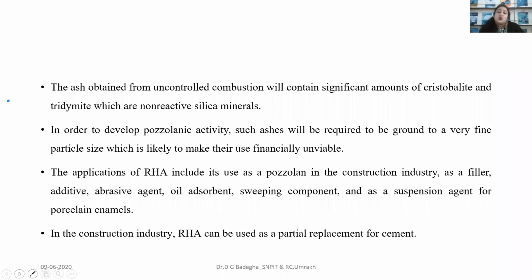Okay, so the application of rice husk ash we will discuss. It includes use as a pozzolanic material. We know that pozzolana is used in the construction industry, so definitely with concrete and cement, as a supplementary cementitious material we can use rice husk ash because of its good properties. Okay, but there is one piece of advice: use it as a partial replacement. Dear students, dear audience, partial replacement means we have to go below 50%, and if it is high volume, then above 50%.